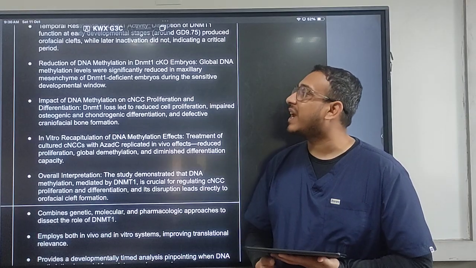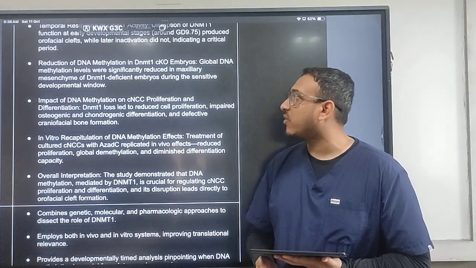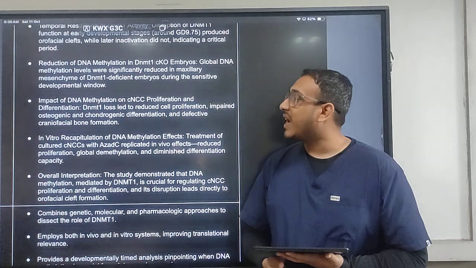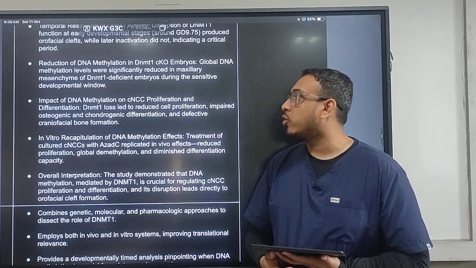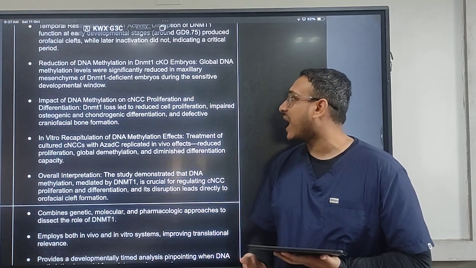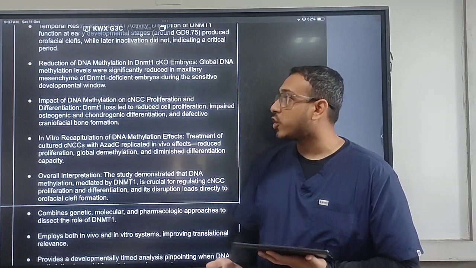The impact of DNA methylation on CNCC proliferation and differentiation. So DNMT1 loss led to reduced proliferation and impaired osteogenic and chondrogenic